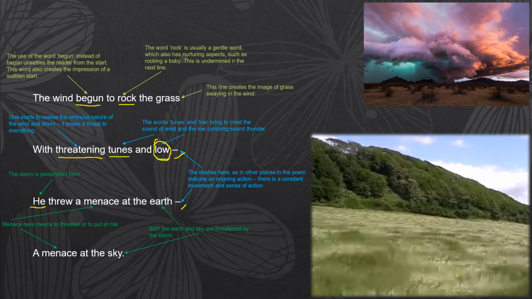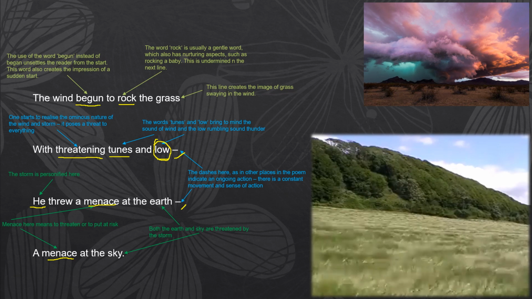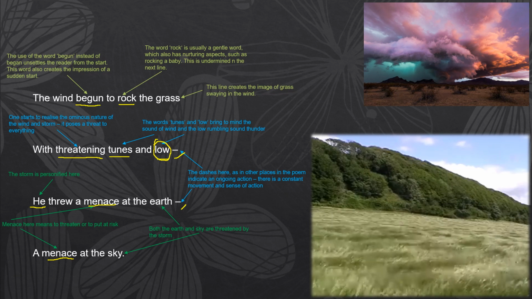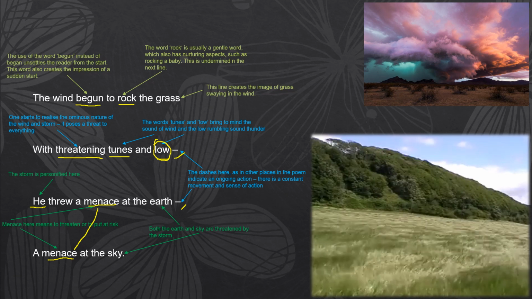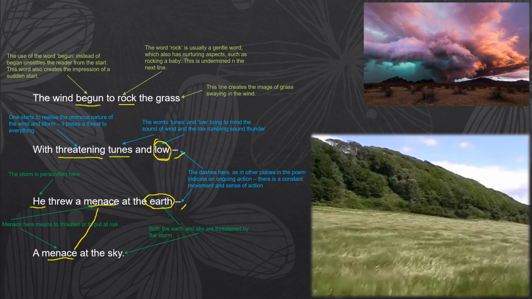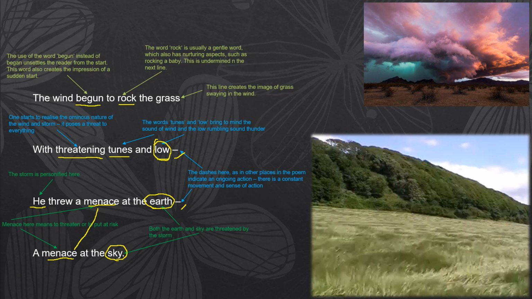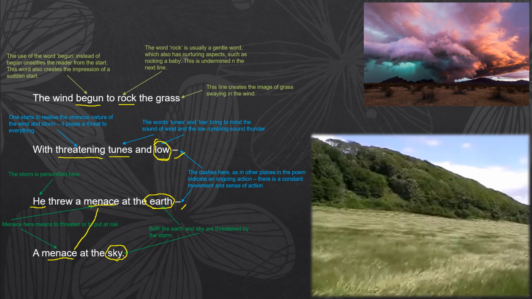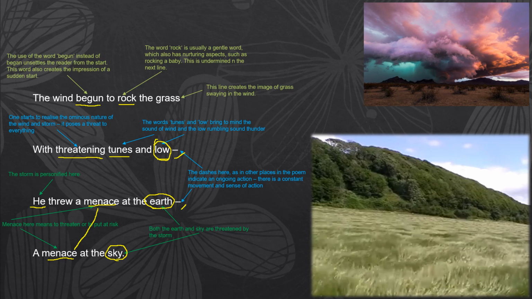And what does he throw? Notice it's a menace. Okay, this is quite a violent word. To have a menace means that things are at risk. Okay, they're threatened or put at risk. And you'll notice there's a repetition in both those lines, and this strengthens that sense of menace. And you can see that it's not just the earth that's at threat, it's also the sky, which gives us a sense of magnitude of the storm, that it doesn't just threaten the earth, it threatens both the earth and the sky. In other words, all of existence is threatened by the storm.